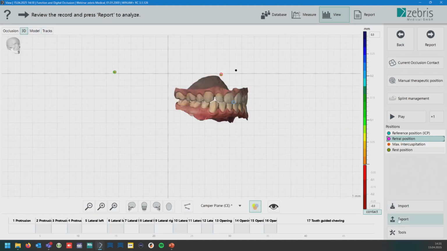Then we have here down in the export, of course, the export for ONXF and others. About these exports and also the export to 3Shape, there will be standalone videos coming on how to export the data and how to import them into these CAD/CAM programs. Also about the Splint Designer, I already mentioned, there will be a quick introduction now and a standalone video in the next few weeks.